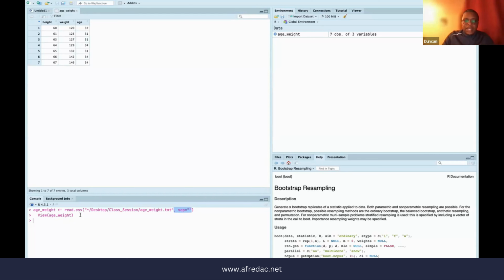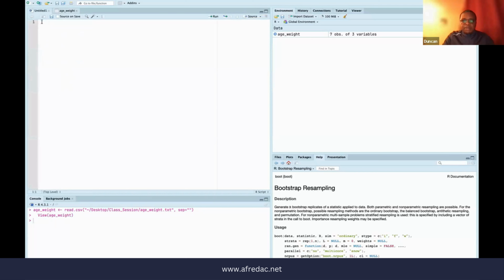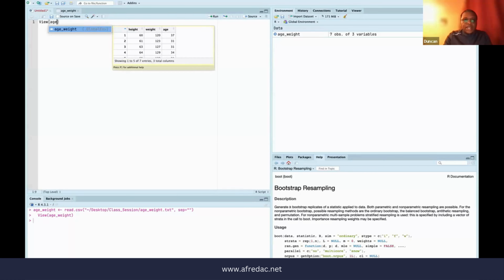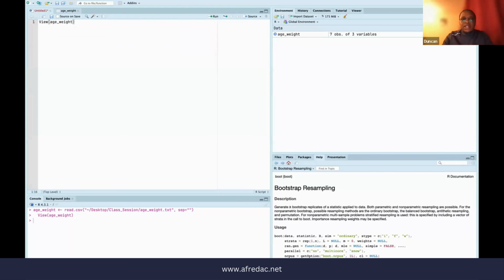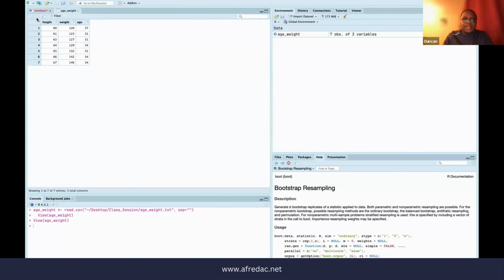Then it has automatically again done the view for us. Remember what Ashna was showing us, that if you want to view given information or given data which has been loaded, you can just write view in your script. For example, we just write view and the name of our data set is age underscore weight. And since that data set has already been loaded into an environment, you can see R is actually suggesting for me what names it might be. So I need to select that. And once I run that, it opens for me